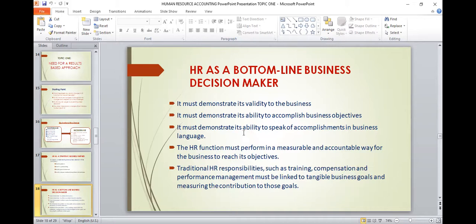If it is a scale of 1 to 10, then we should be able to come up with a scale and say that on a scale of 1 to 10, I can give it 10, or I can give it 5, I can give it 2. Then what are the reasons behind me giving it 1? What is it that I need to improve, right? So these are what we must now focus on. We must now focus on our new role as big business, I mean, bottom line, business decision maker.